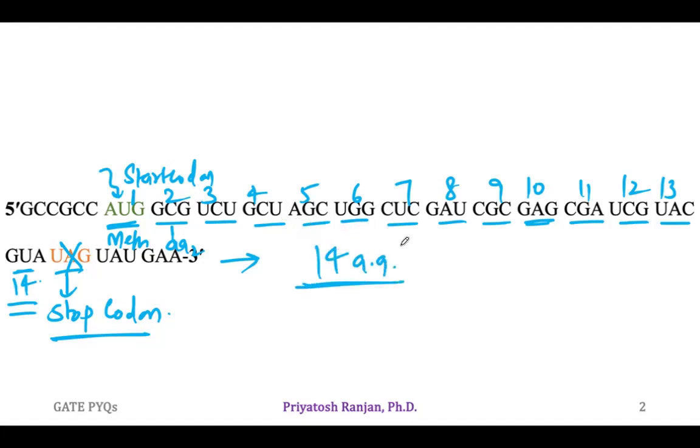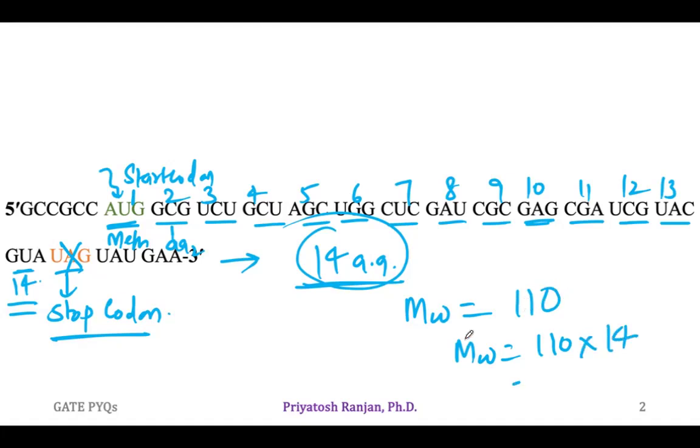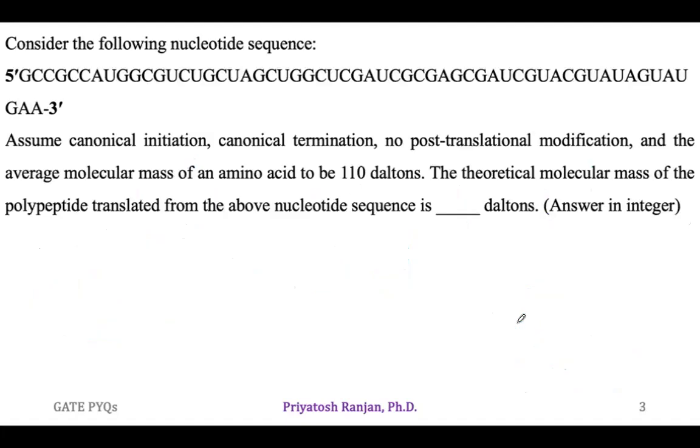However, we need to calculate the molecular weight of the polypeptide, and it's given that the average molecular weight of one amino acid is 110. For the 14 amino acids, the molecular weight is going to be 110 into 14, which is 1540. So the theoretical molecular mass of the polypeptide translated from the above nucleotide sequence is going to be